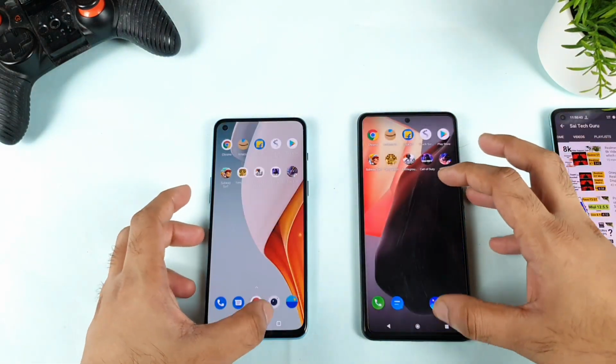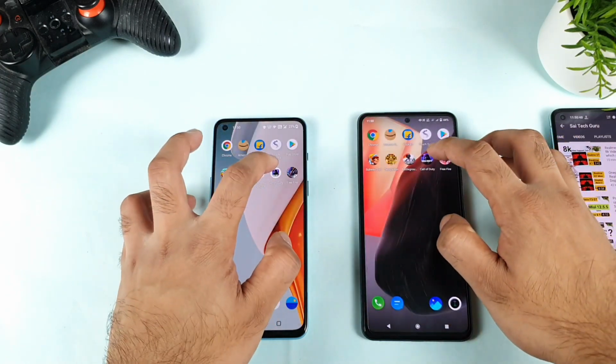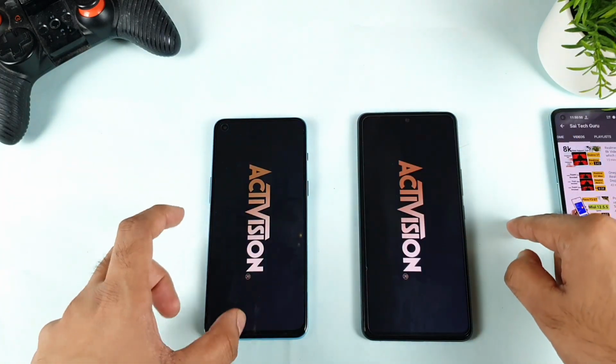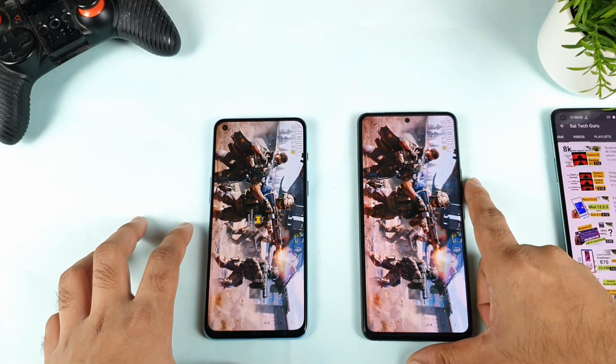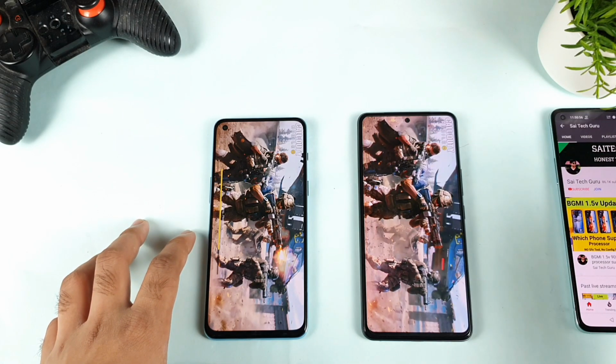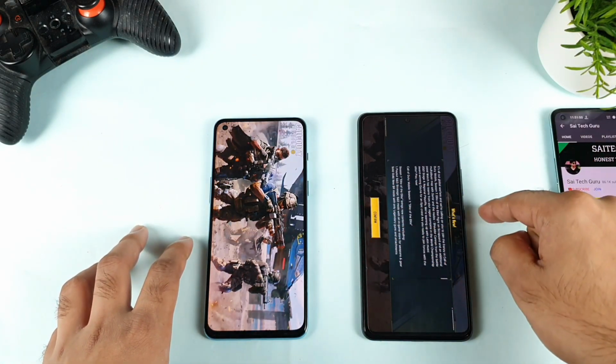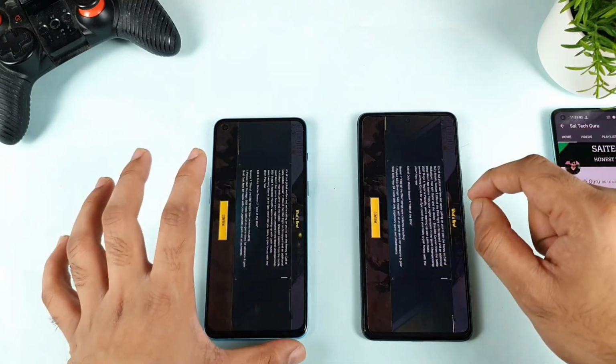So I need to start this game again, because the game is not updated in the iQOO 7 device at this moment. Let's start again, 1, 2, 3. Let's see this time which phone can load faster. And don't forget to stay tuned for the playlist created for the processor trends. You can see the iQOO 7 device did show this page first, then the OnePlus Nord 2 device.